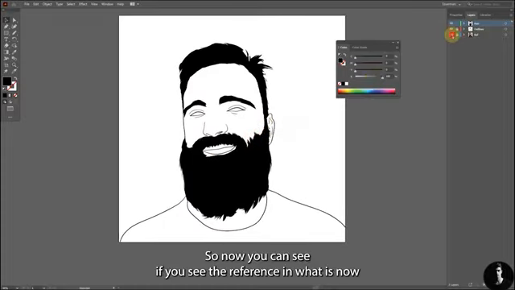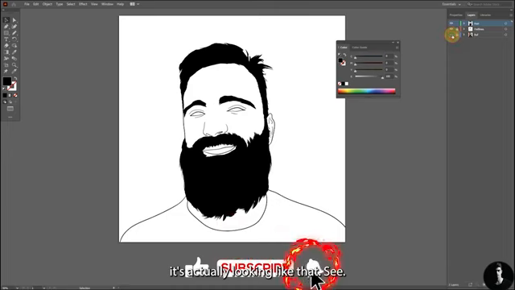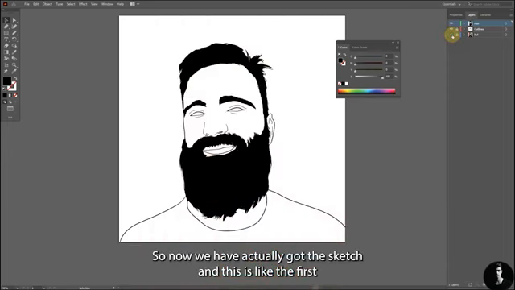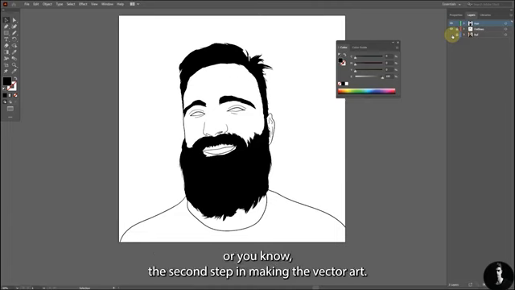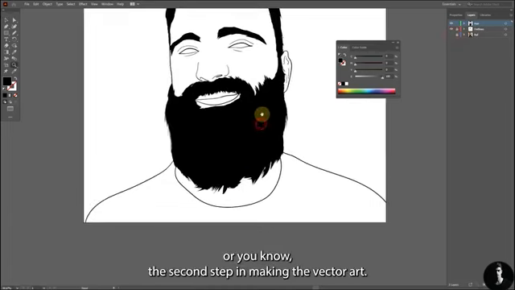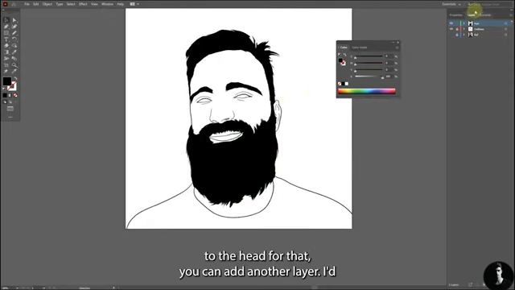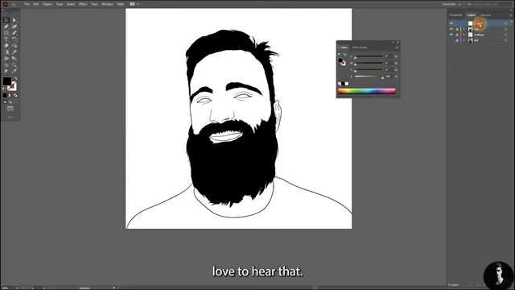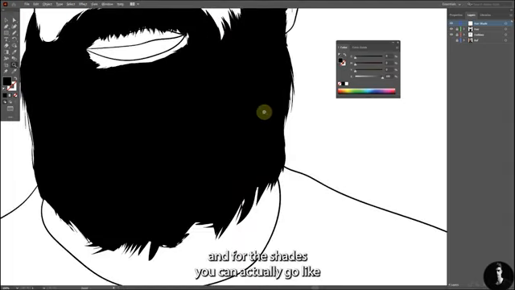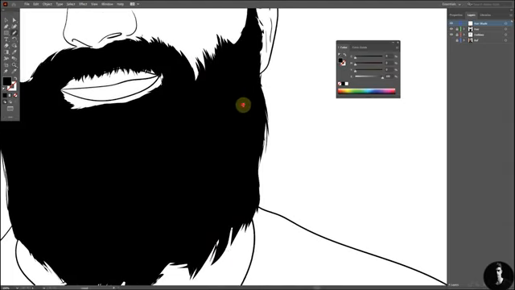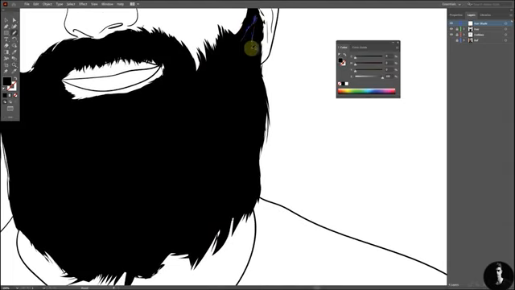So now you can see, if you see the reference image now, it's actually looking like that. See? So now we have actually got the sketch, and this is the first, or the second step in making the vector art. You can also add some shades to the hair. For that you can add another layer, hide and lock the hair layer and call it hair shade. And for the shades you can go like long lines like this,